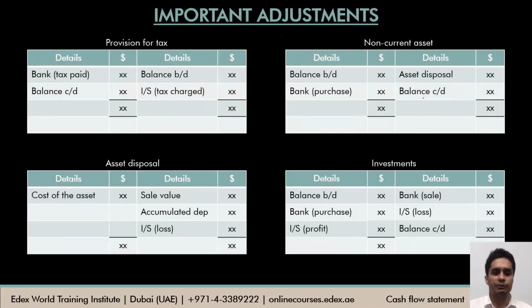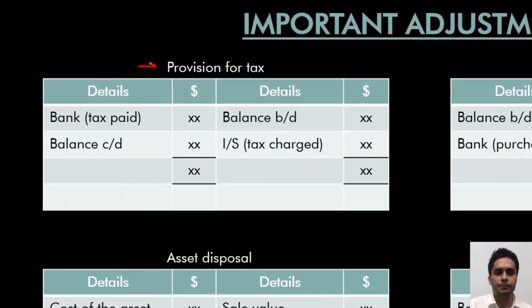For example, let me go to the first one, which is the provision for tax. Talking about tax, in the balance sheet, provision for tax that is in the current year's column is assumed to be provided in this year and hence added in step 1 of our cash flow from operating activities, and the previous year's is assumed to be paid in the current year and hence deducted in step 4 of the cash flow from operating activities.